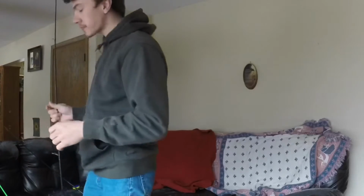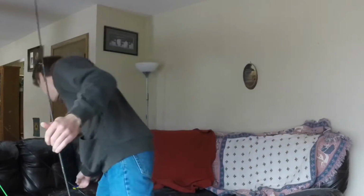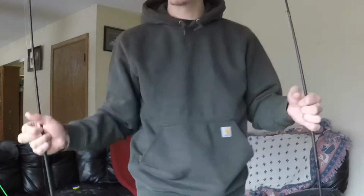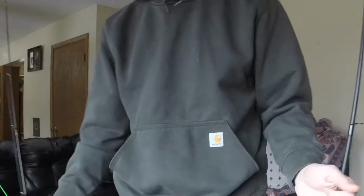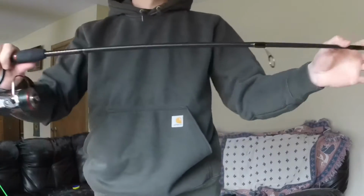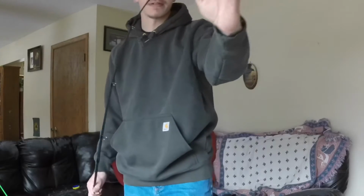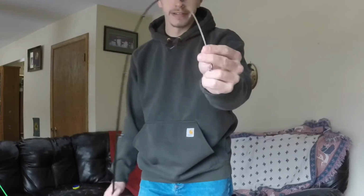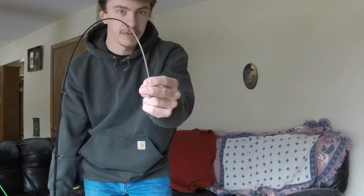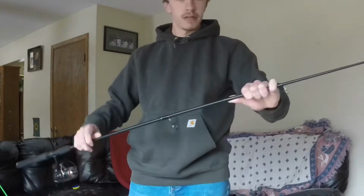Next up, I saved the obvious for last. Okay. I'm assuming if you fish, you know about these. They're Ugly Sticks. An Ugly Stick is known for one, its tip, and how you can literally bend it in a circle if you wanted to. And then two, their